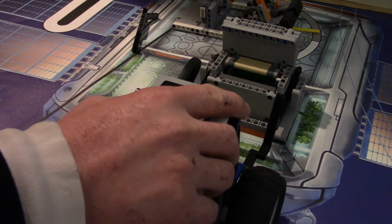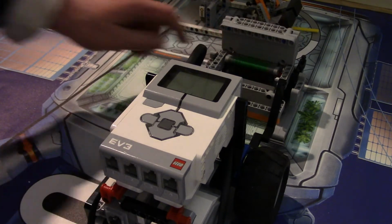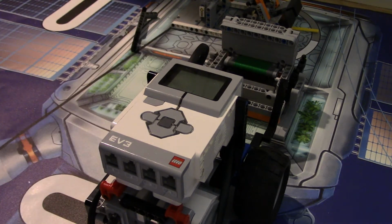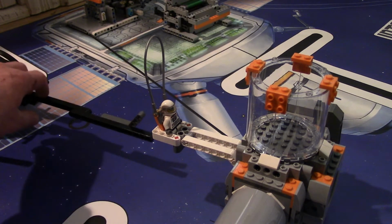So if I drive forward such so that it's like, oops, that's a little bit too much, but there we go. So if I drive forward that much, put it into the green, that will be some more points. Perfect. I tell you what, so many things I'm realizing that I can complete with just the downright simplistic stuff that I've built already. So, speaking of which, the emergency spacewalk mission can be completed with the little arm here